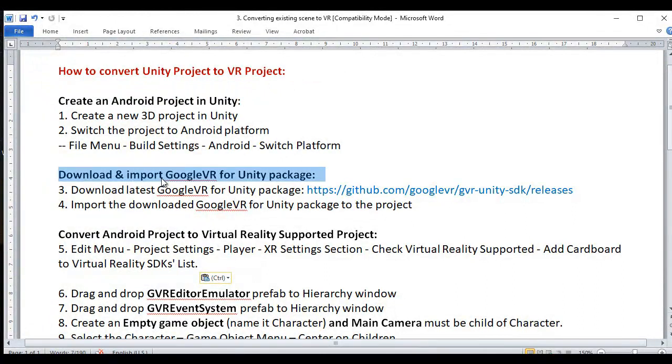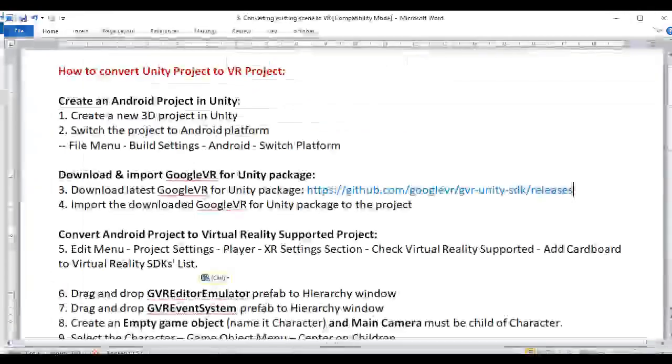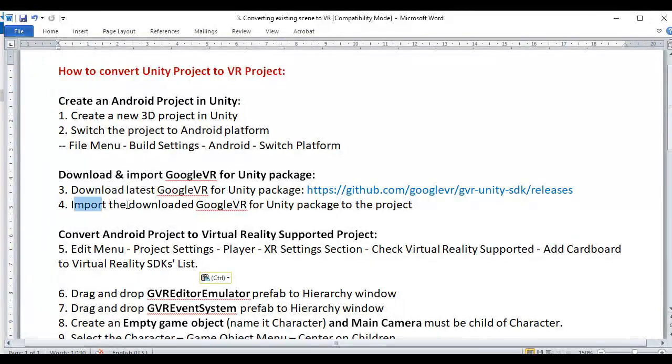Then we download and import Google VR for Unity package. Download the latest Google VR for Unity package by going to this link. I have already downloaded Google VR for Unity 1.200.1 Unity package. Next, we are going to import the downloaded Google VR for Unity package to the project, guys.